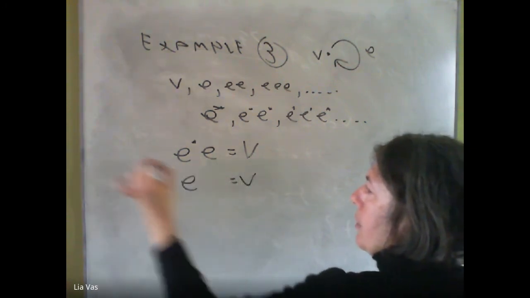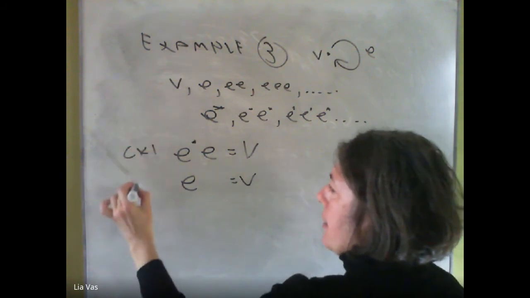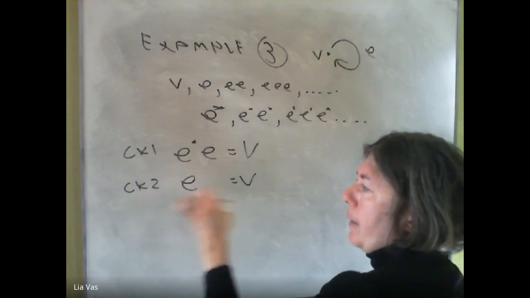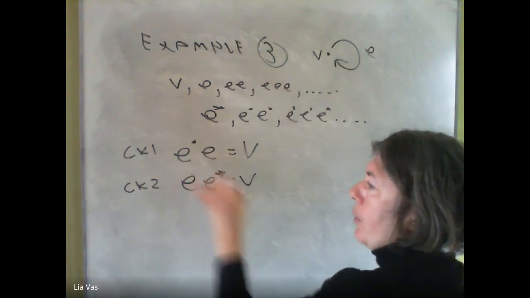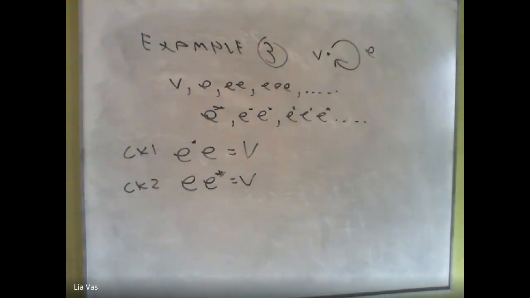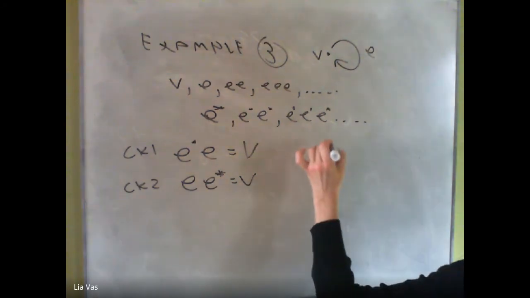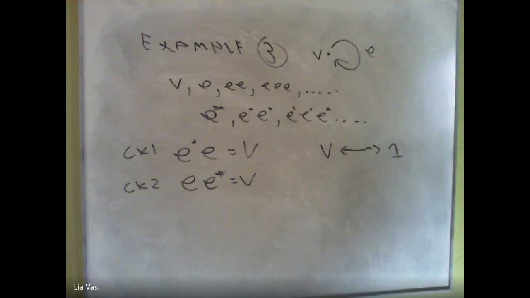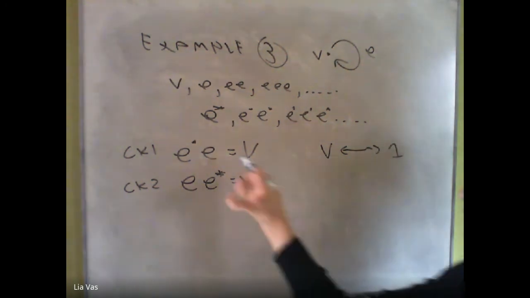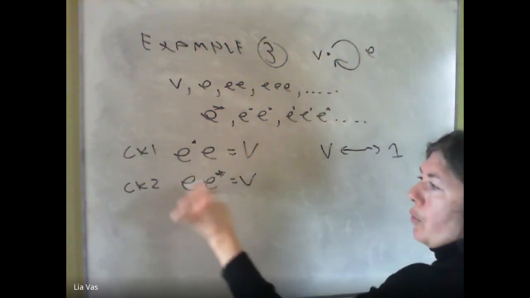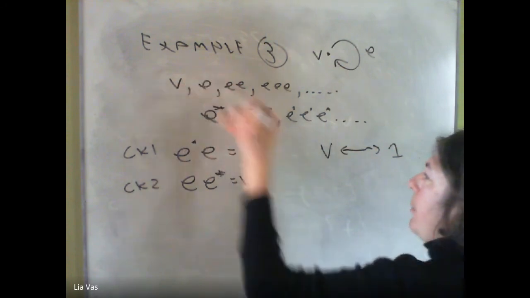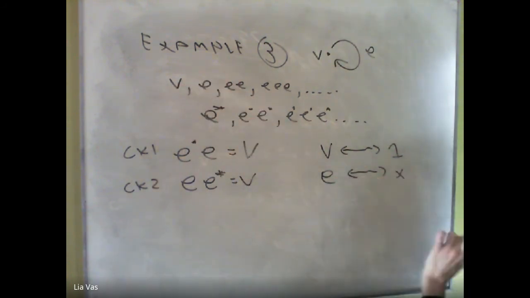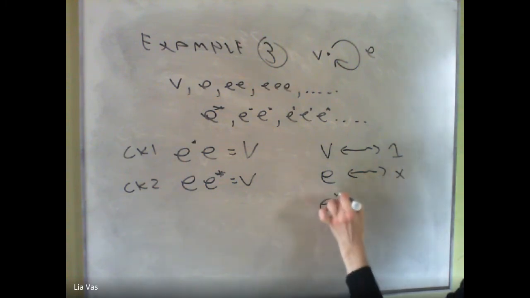So this is Ck1, right? And Ck2: V emits only one thing, so there will be one term here. So that term is going to be E star. So that means that I can think of V somehow as some type of 1. And then that tells me that these 2 are inverse to each other. So if I'm thinking that E is some type of X, then E on N is kind of